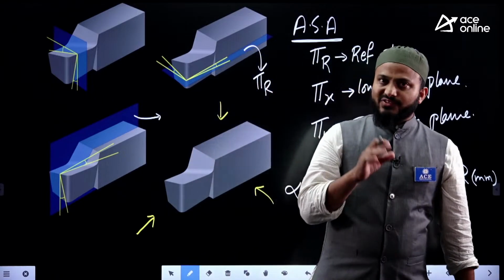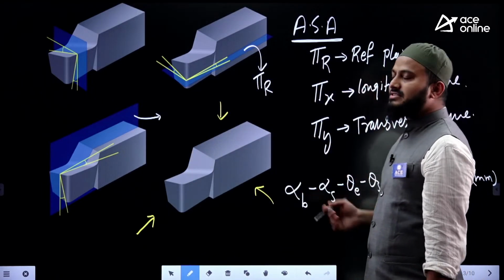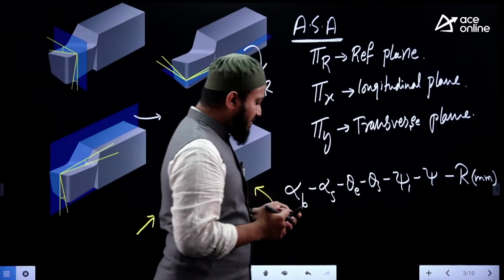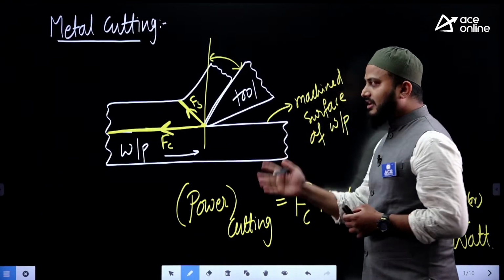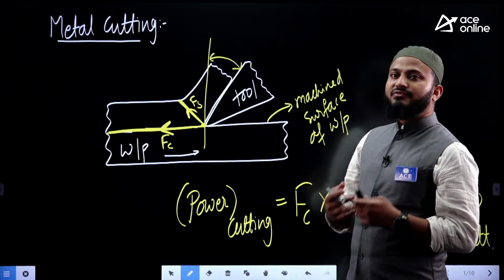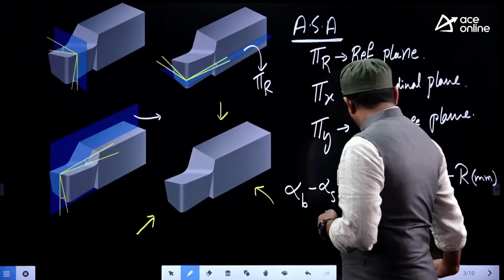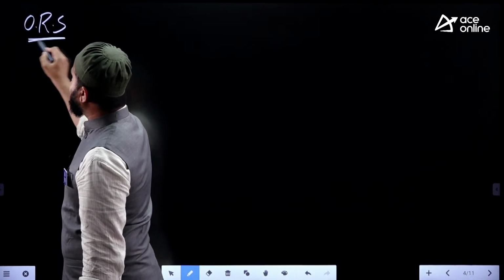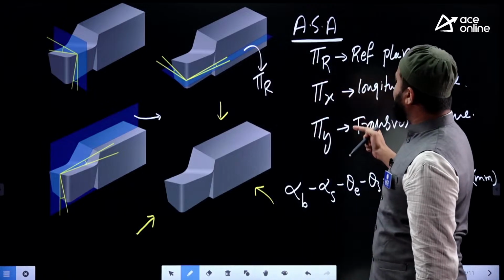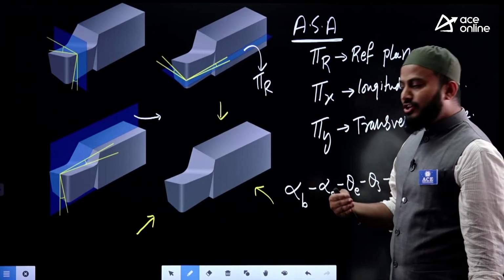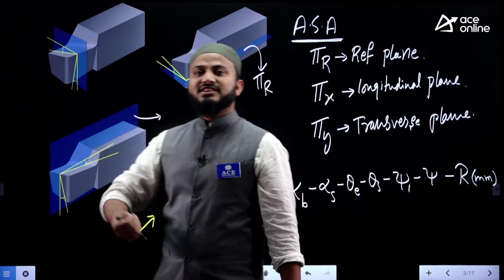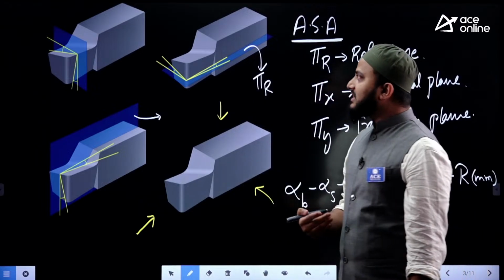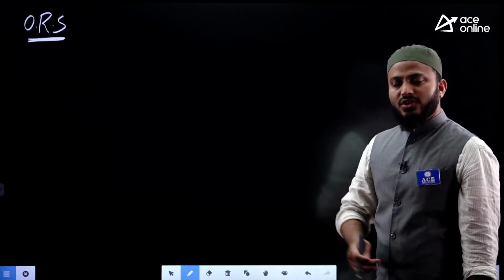Definition and measurement of the angles are very easy as far as ASA tool geometry is concerned. But remember, to perform the analysis, that is, to draw this figure, we need to know ORS tool geometry after ASA. In ORS tool geometry we take planes other than the longitudinal and transverse planes, with respect to the reference planes, where analysis can be performed very easily. Or you can say the projection of the tool and workpiece together as per the ORS system,